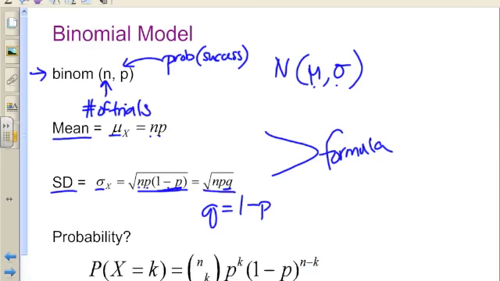All right, and last and most importantly, this is also going to be on your formula page. Here's how we calculate the probability for a binomial. Pretty cool. If I want to know the probability that I get a certain number of successes, so this is how many successes,